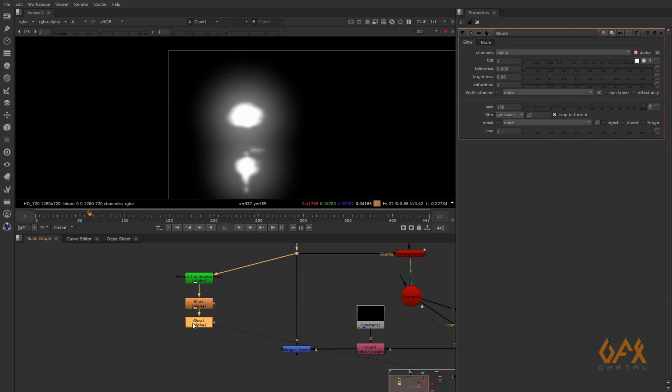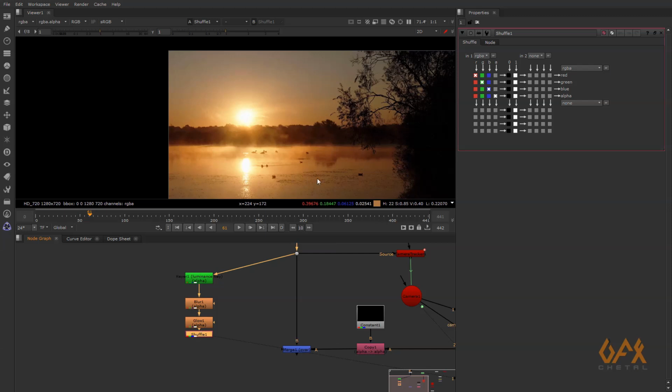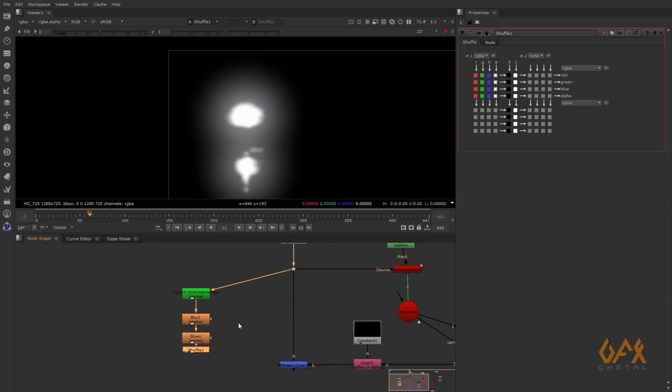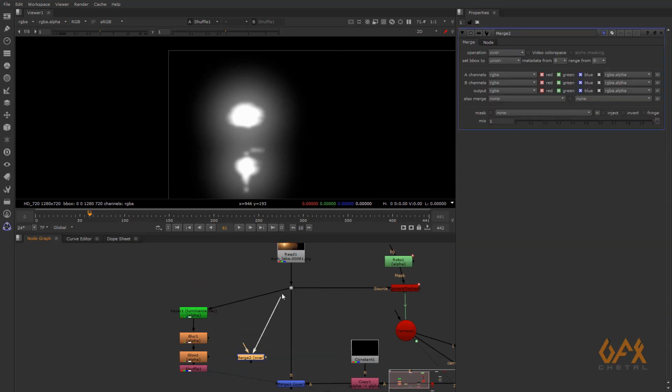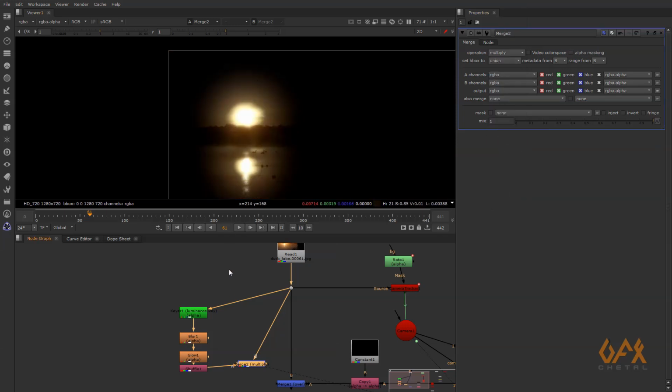Now what I need to do, I just create one shuffle node to ease the thing, and now I just call my alpha as my RGB. Now I create one merge node, I select my main plate, I select this thing as foreground and I multiply this thing, so it looks like this.